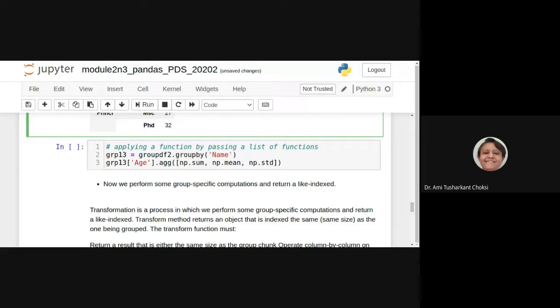Let's say we apply the aggregate function. We want to have many more functions like sum, mean, standard deviation. So for a particular column, what we do is aggregate.